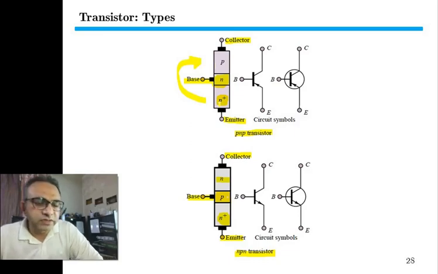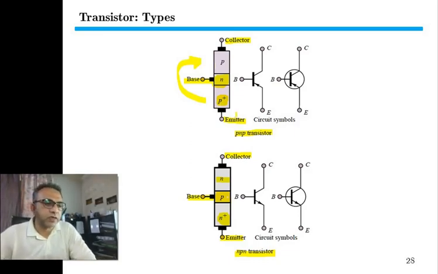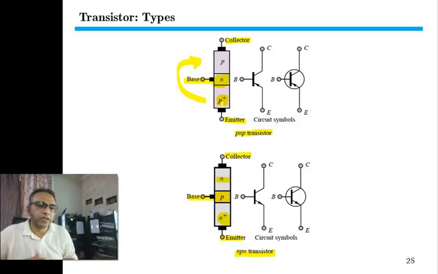So what is the significance of P plus? It means that there is large doping. The emitter terminal has large doping. So the count of holes, or in the case of NPN, the count of electrons in the emitter will always be larger. We need a large number of electrons so that these electrons can migrate to the collector. So this is the reason why there is the P positive or the N positive.